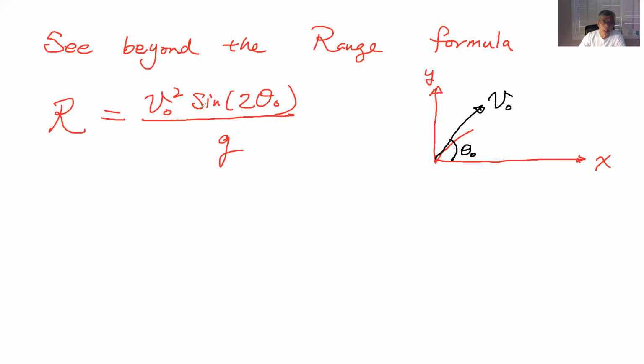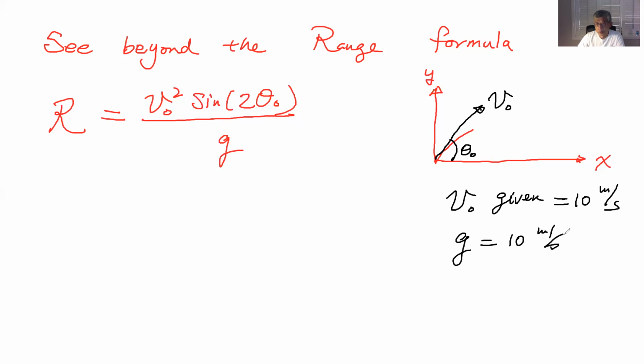Now we're going to look at this equation and say, well, V0 is given, so it's basically a constant now. Say that's equal to 10 meters per second, and g is known, so g is 10. So that's just a number, a constant right there. And theta 0 is also given,